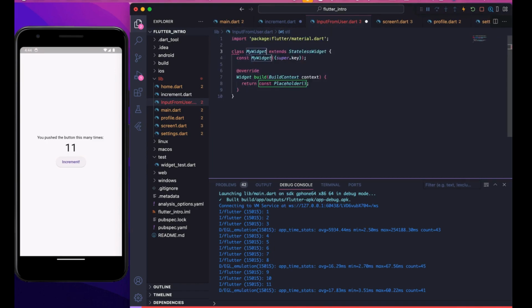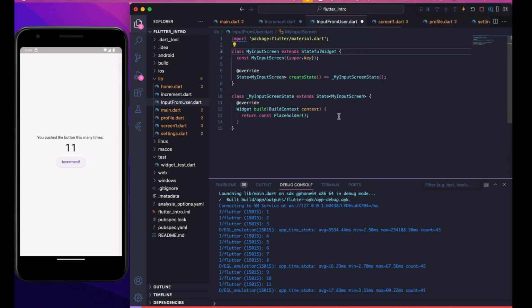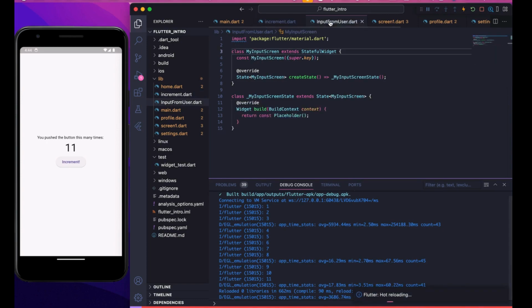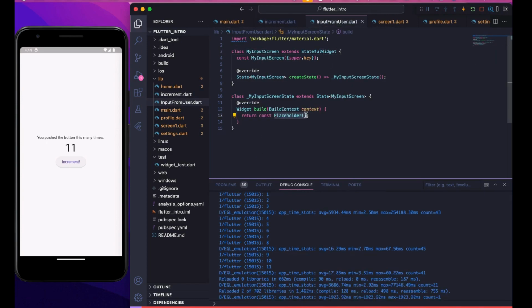You will tell me, but I know this will be a stateful widget. So let's give it the name MyInputScreen, right? I can convert it to a stateful widget anytime. Just go and convert it, because I know it's going to be a stateful widget since we're going to need some things. So let's build a simple form, a simple input box